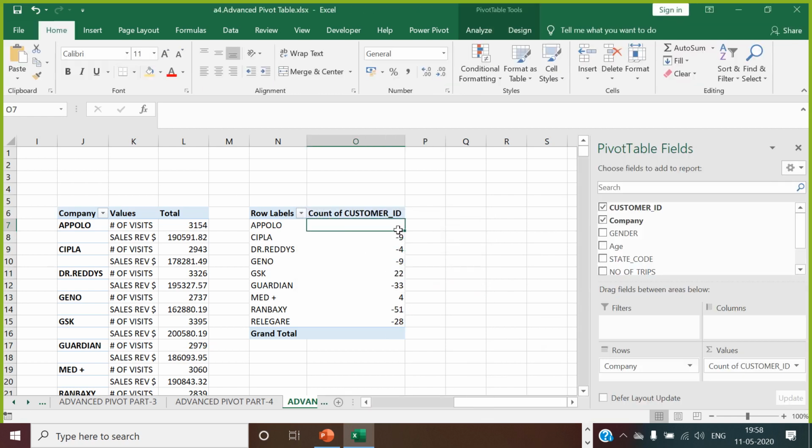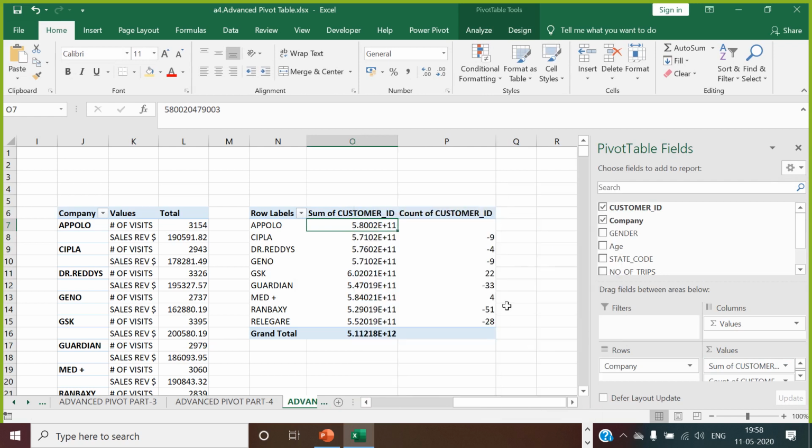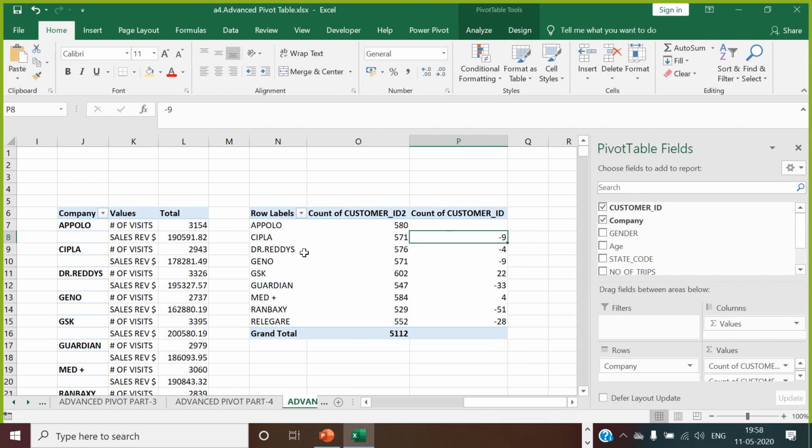Let me do it one more time. I bring customer ID over here. Let's say show value as, summarize value as count. So as compared to, you are comparing here, the difference from Apollo. So Cipla over Apollo is -9. If you talk about GSK over Apollo, it's saying +22. What it means is that GSK has the highest base as compared to Apollo.